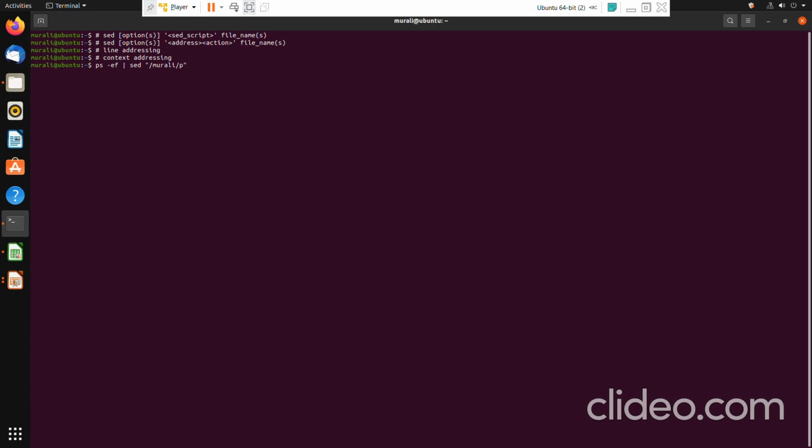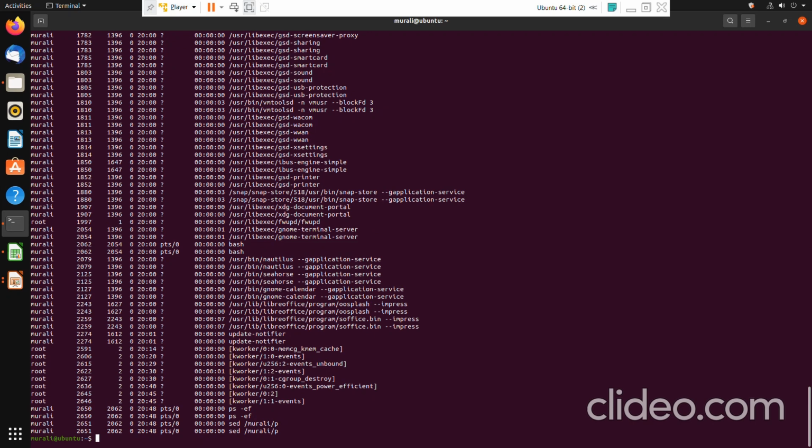What does it do? It displays all the lines. I wanted to get only my lines, but you look at certain lines. This line, for example, doesn't contain Murali at all, but still it is displaying it. So what went wrong? The default action of SED is that it will print all the lines from the file. But if you explicitly specify print all the Murali lines, it will print all the lines, and whatever line contains the pattern, as I have asked it to print, it will print twice, one more time.